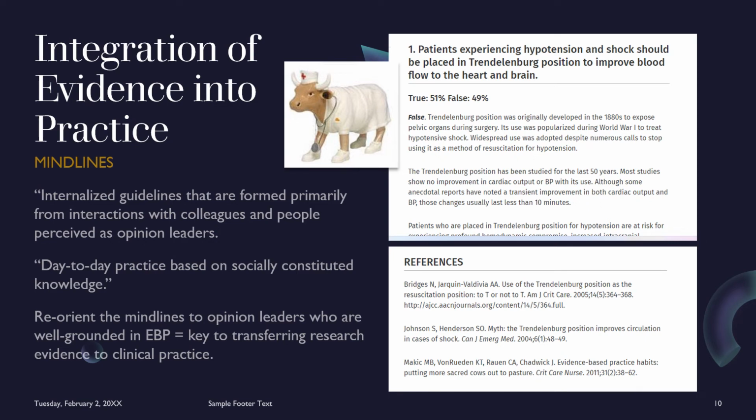The day-to-day practice is based on socially constituted knowledge, and the only way to really reorient these mind lines, these kind of automatic ways of thinking that the next step should be, or the appropriate response is XYZ, or the reason for this is whatever we have in our mind, is to reorient people to follow opinion leaders who are well grounded in evidence-based practice, so that we can actually transfer research